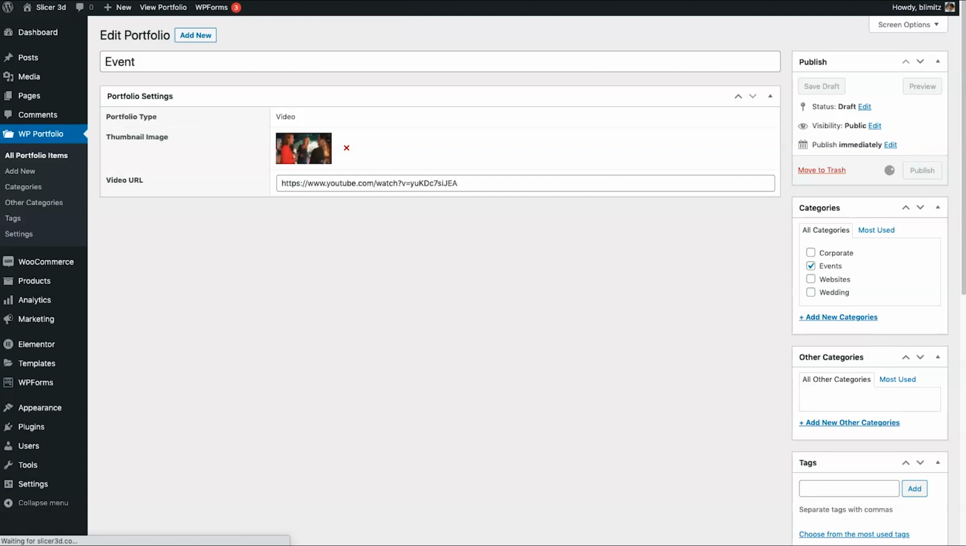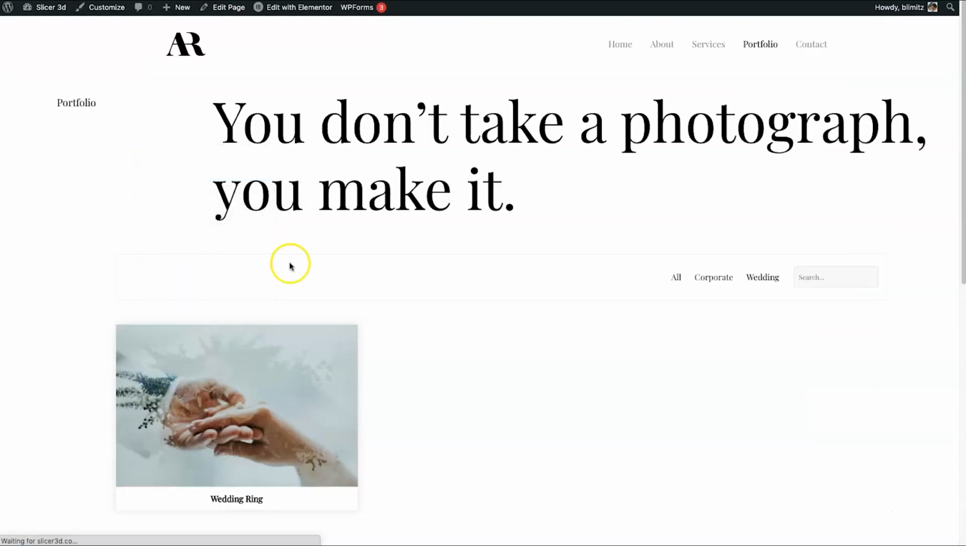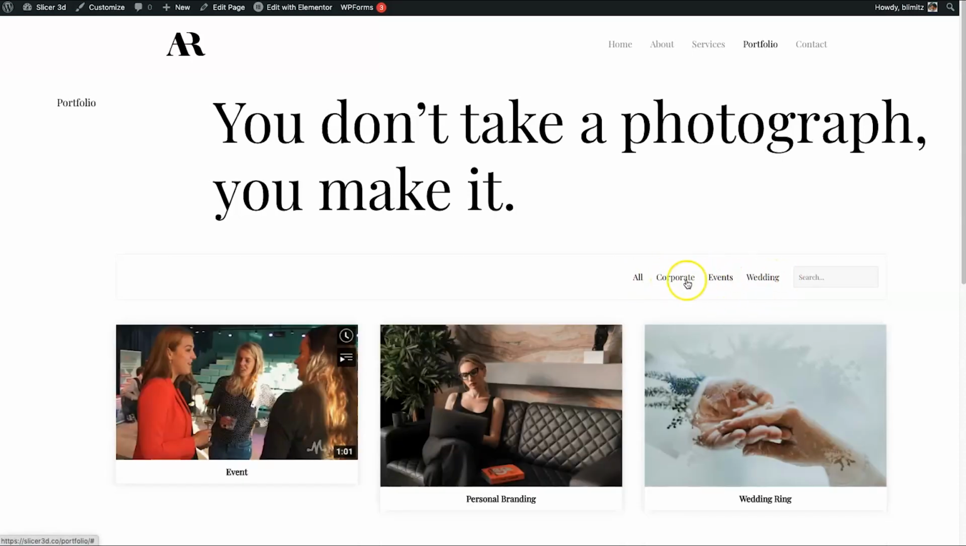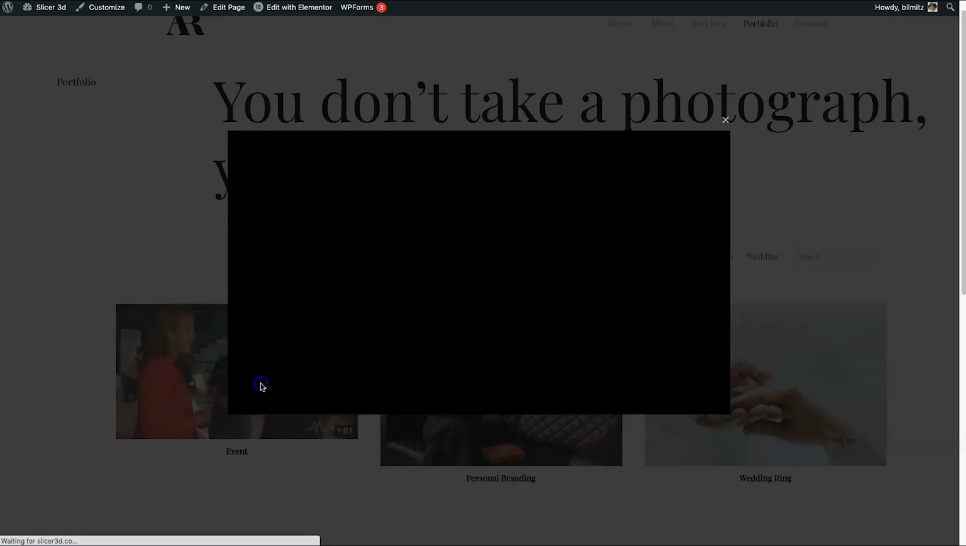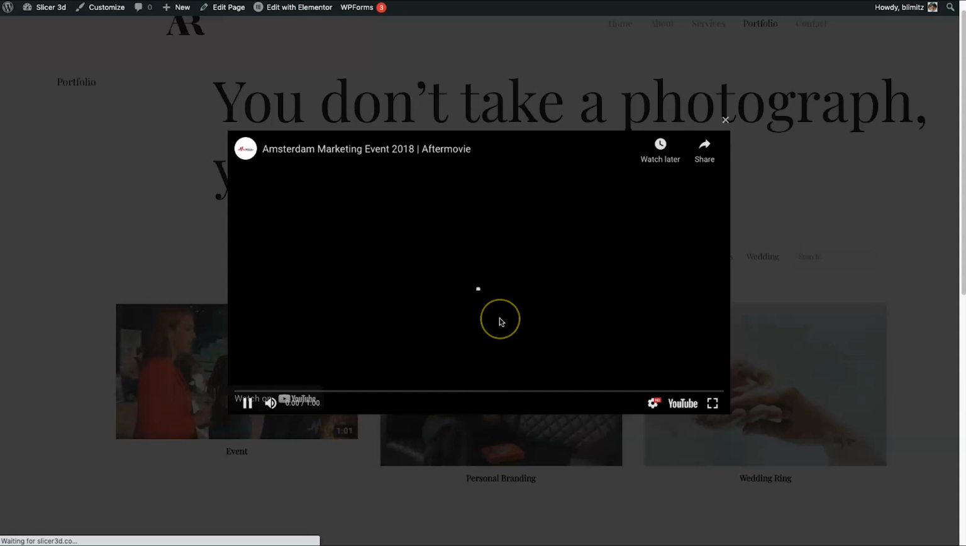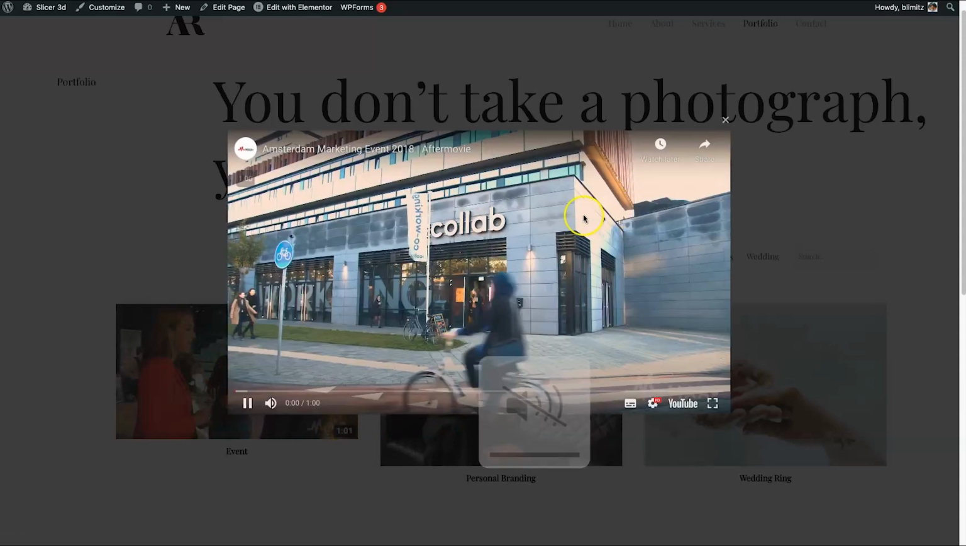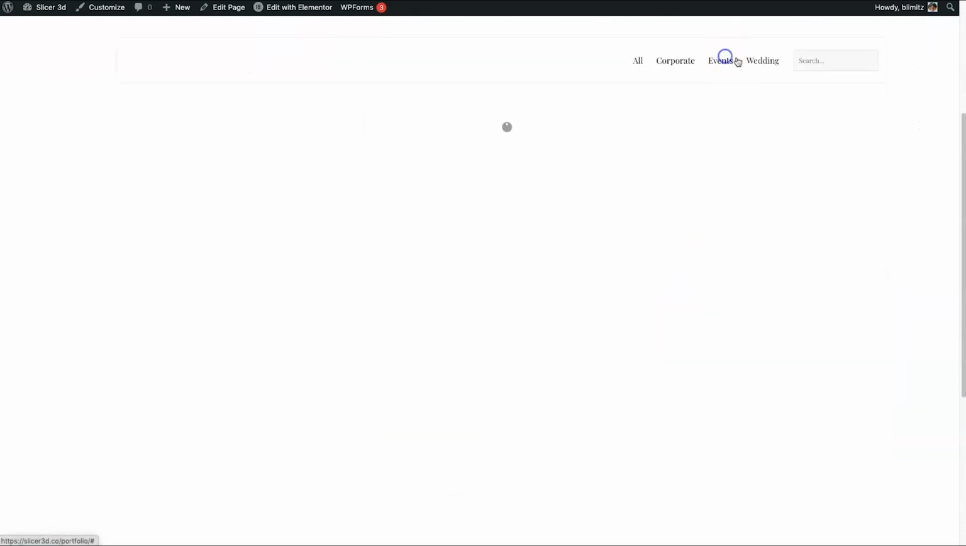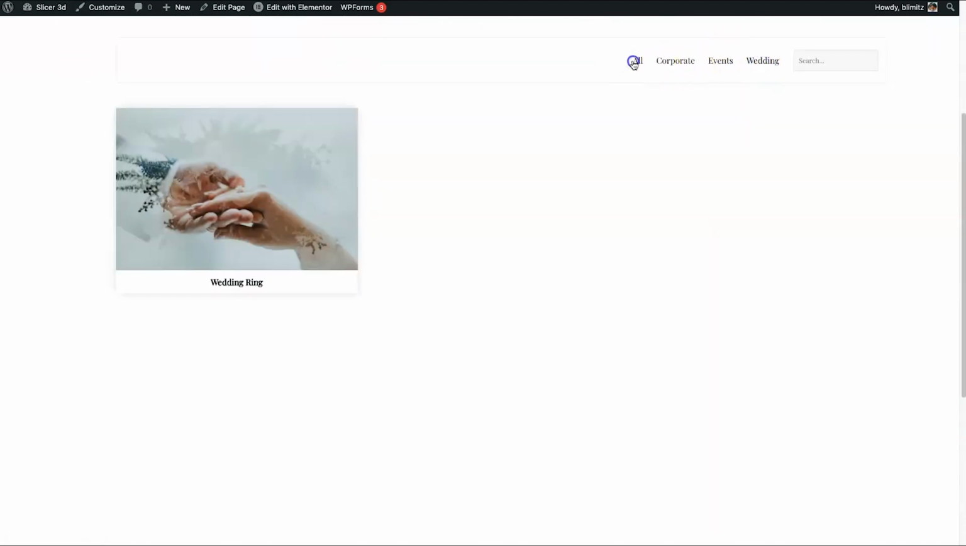Now, if I come back to portfolio, click on reload, we will now have three different tabs, right? One is an event, and if I click on that, it's going to start automatically playing the video like so. Okay, so it looks good. And then we've also got our different photographs, right? So that's cool. But let's just say I wanted to actually